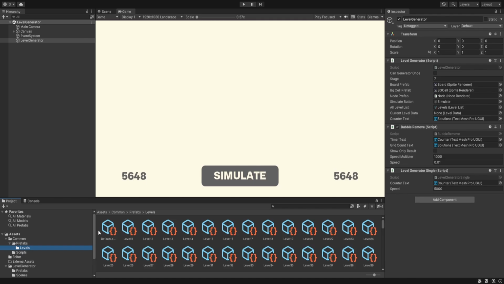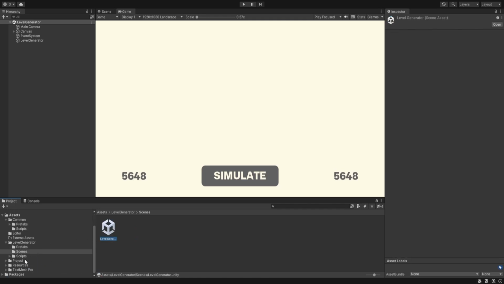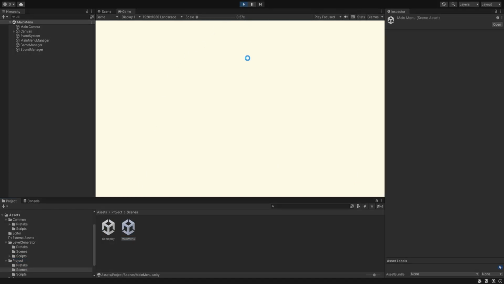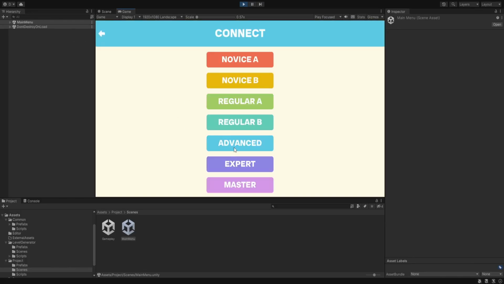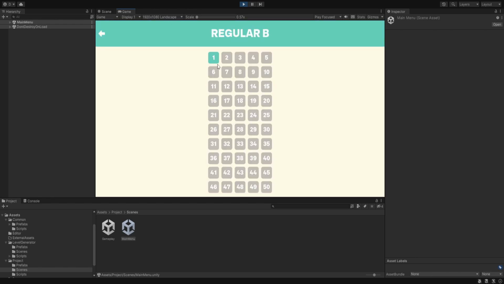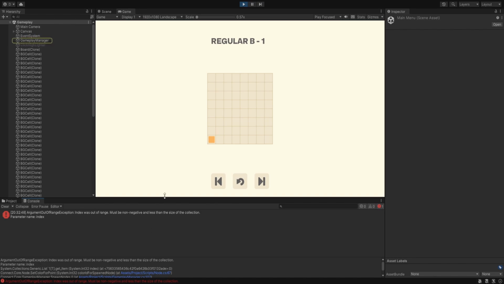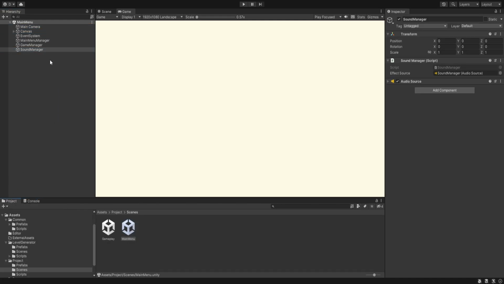And inside our levels we should have almost 351 levels, and we can go inside our project, which is going to show our main menu. And what we need to check is if all of the levels are loaded perfectly fine. So let's go inside novice. It has a different arrangement. Regular, again it has a different arrangement. Regular B, okay, yeah. So the regular B and all of that, there is some issue with the color,